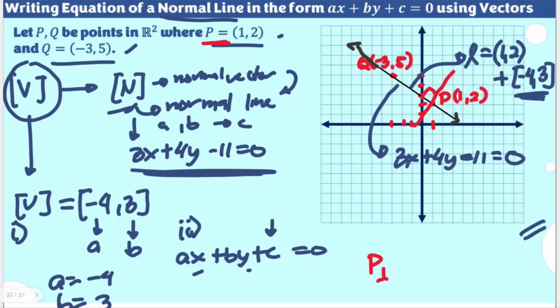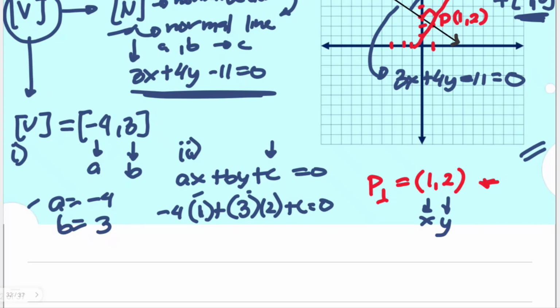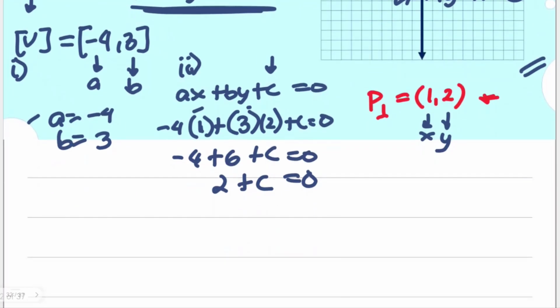Okay, so this is still 1 and 2, but they have the same coordinate, but I'm talking about P on the normal line. So basically, you will have this form here. So your A is -4, given here, times your X, now this is your X, that's your Y, times 1, plus you have here, your B is a 3, times 2, plus C equal to 0. In solving for C, you have -4 plus 6 plus C is equal to 0, positive 2 plus C is equal to 0. Then you will have here